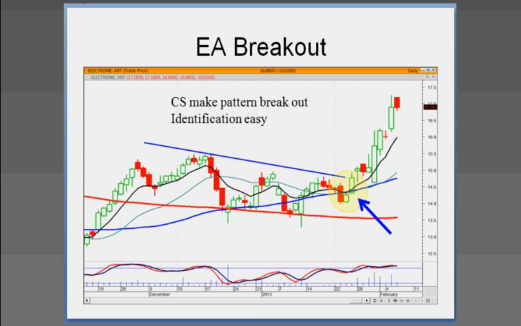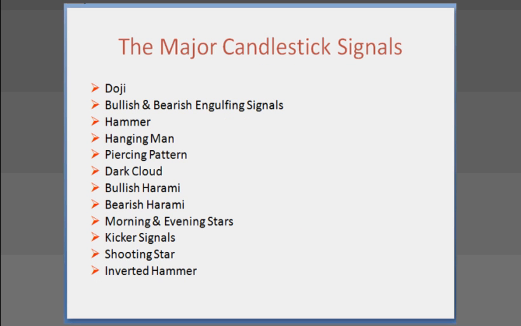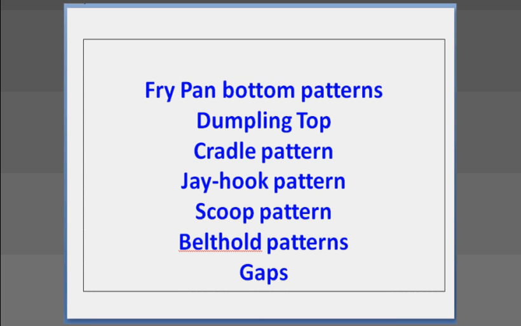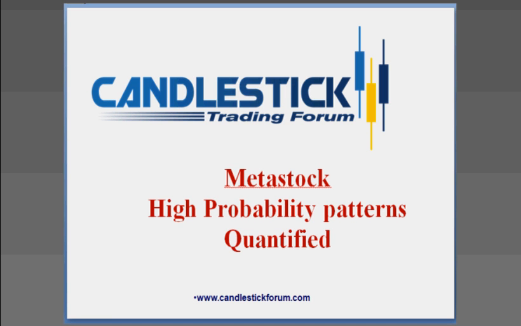So as Jeff was mentioning, we started working just over a year ago on how to define or refine the visual signals and put them into formulas that can detect these patterns. And fortunately, Metastock's got a tremendous software writing group. So we were able to work with the 12 major signals and with the patterns. And what I did for them was a quantitative evaluation of what would be the best signals and patterns.